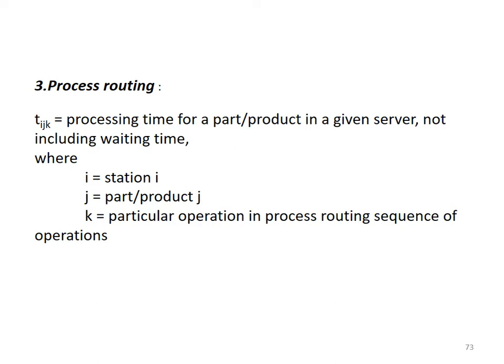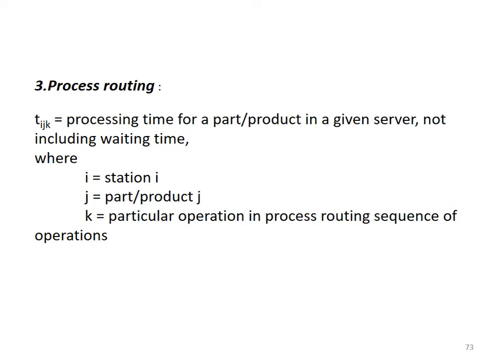For each letter there is a significance. I is the workstation at which you are doing the work. As I said earlier, the workstation might be a milling machine, a drilling machine, a tapping machine, a planer or a shaper, depending on the requirement. J is the part or product, the style, as we already discussed with PJ. J indicates the particular design of the part or product, and K is the particular operation. The operation, as we discussed earlier, may be simple gear cutting, or cutting the outer part, or drilling, or milling.